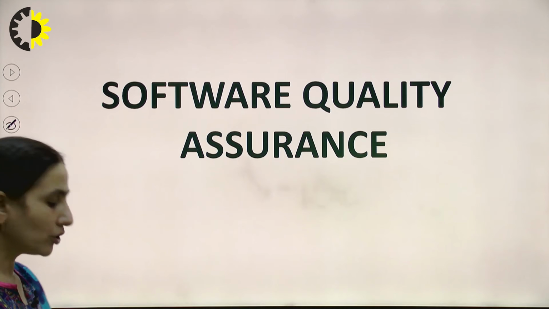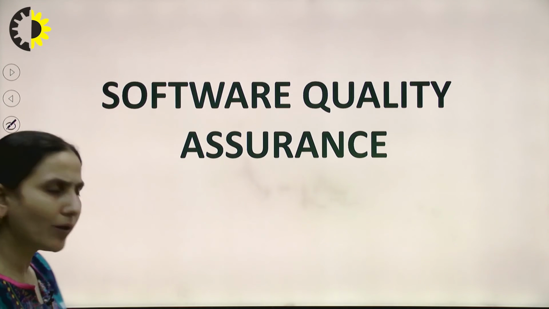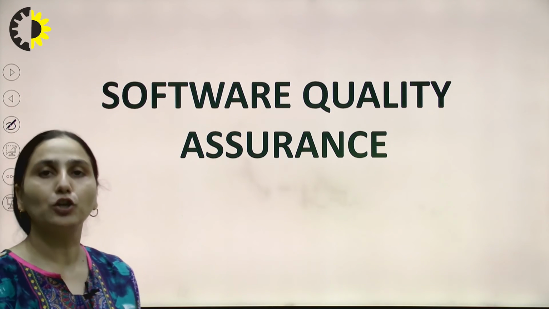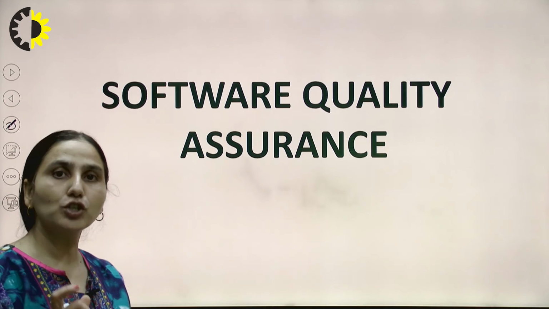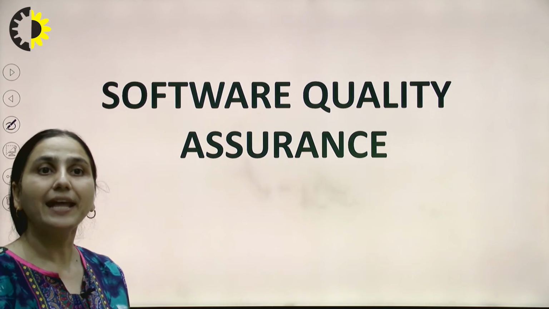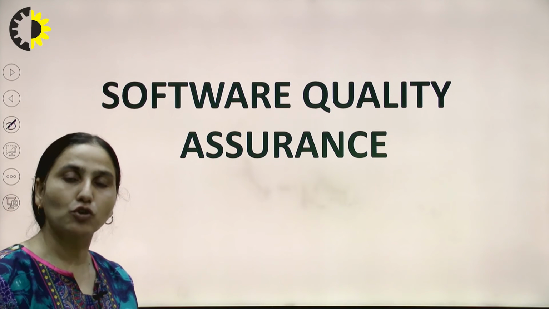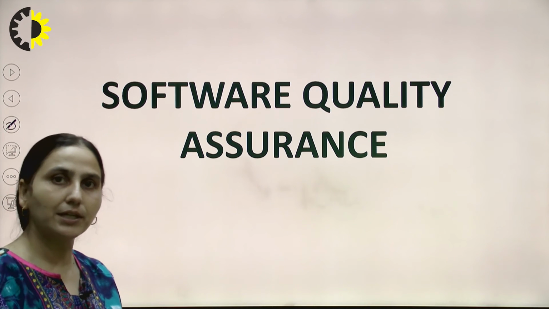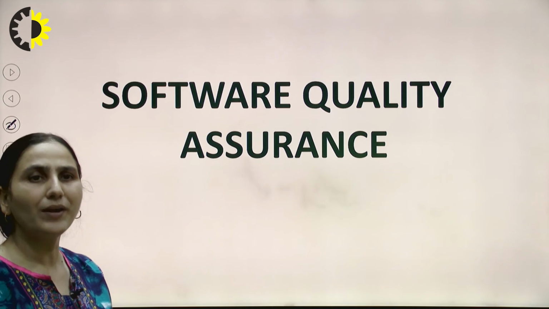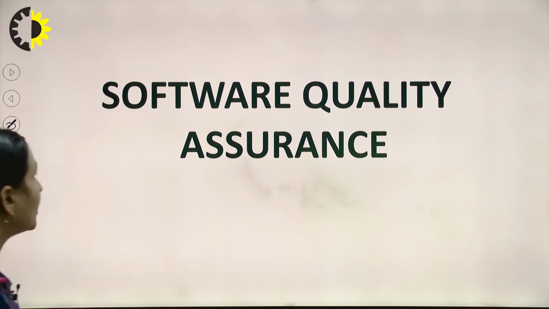Now, next comes software quality assurance. The software or the product that we are dealing with should be qualitative software, and we actually don't want to compromise on the quality of the software. We always want the software to be qualitative, right? So how can we assure the quality of the software that we have developed, whether it is worthy, whether it is okay, whether it is fulfilling all our requirements? We should be able to assure it. That is what software quality assurance is.